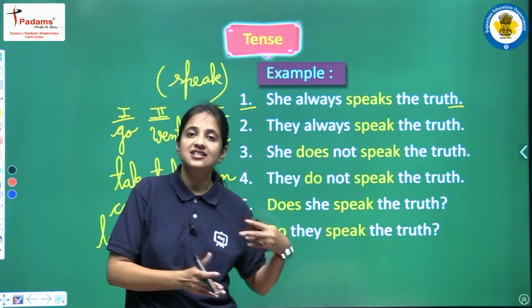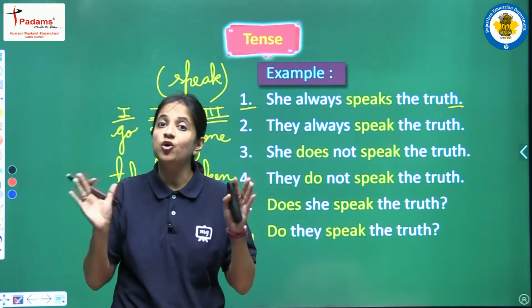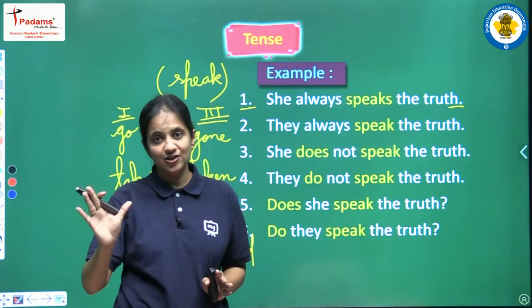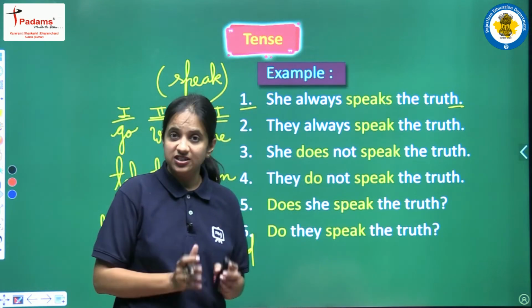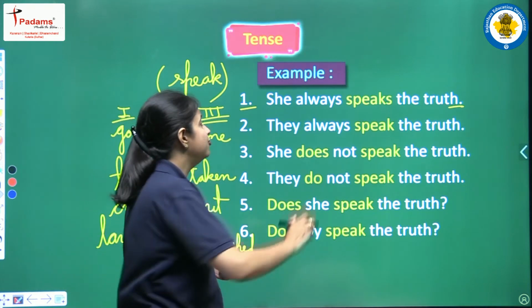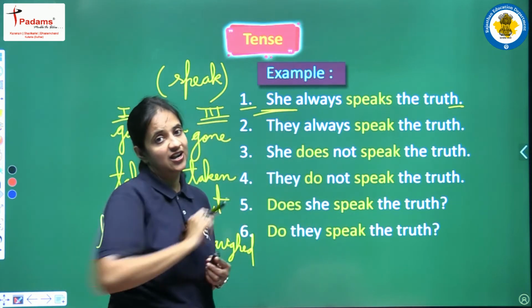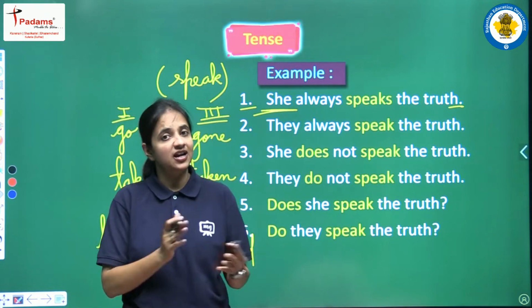So if this sentence is neither a negative one nor an interrogative one, then definitely this is a positive sentence, right? This is clear to you all. So now ये चीज़ clear हो गई है कि ये एक positive sentence है. Now second thing that we have to do is we have to focus about the subject, right? Because हमें पता है that according to subject हमें हमारी main verb लगानी है, right?